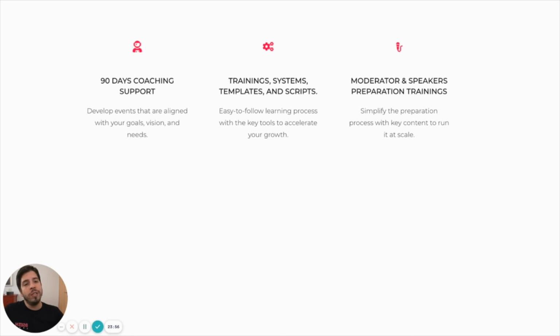Then we have all the trainings for moderators, speakers, even your participants when they're coming to your event, making sure that everybody can make the most out of it, but also at the same time that they understand how things work, that they're able to troubleshoot since they're the ones interacting with the audience, and that they're delivering quality content for all your participants. Because at the end of the day, all those elements are the ones that bring the overall quality of your virtual production.